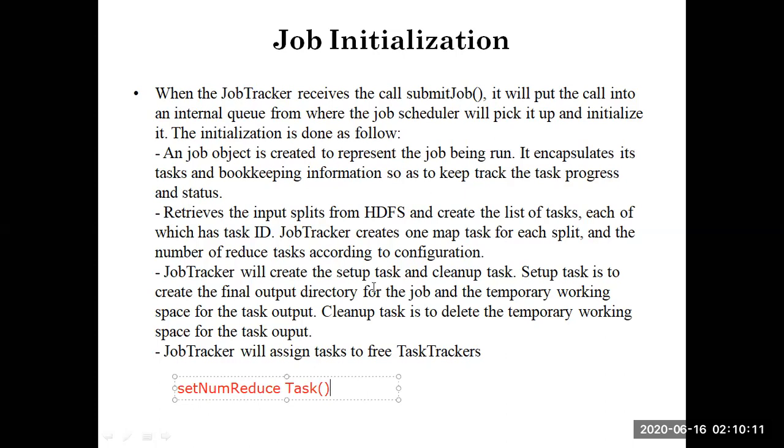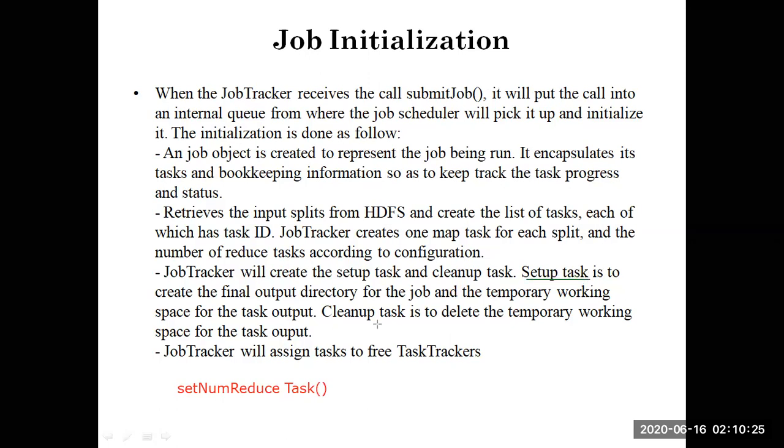Here, the most important things are the job setup task, the job cleanup task, and third, the output committer.